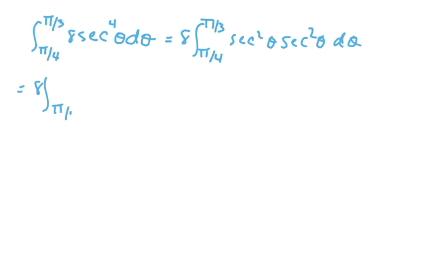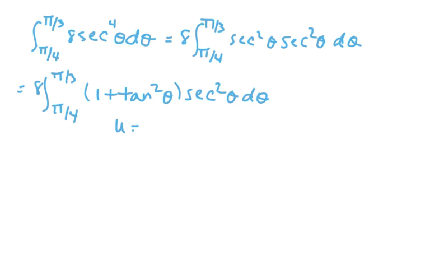So you're left with 1 plus tangent squared theta, secant squared theta, d theta. Now you'll let u equal tangent of theta, and du is equal to secant squared theta, d theta. So rewriting this in terms of u,